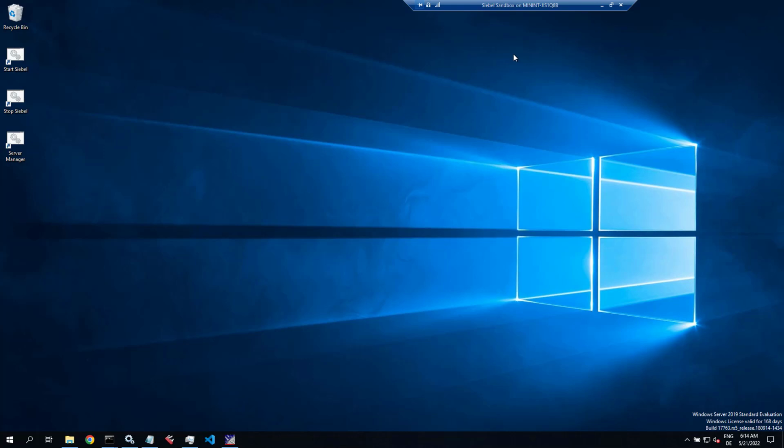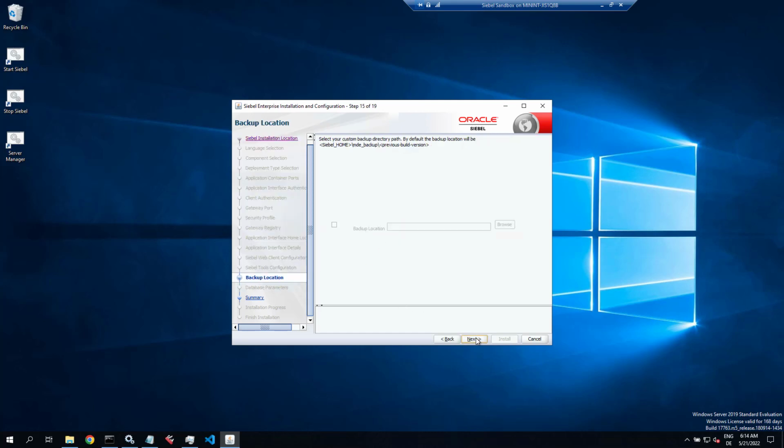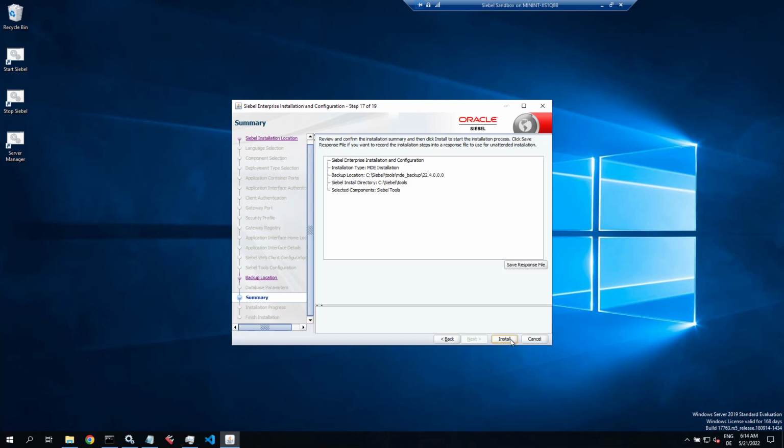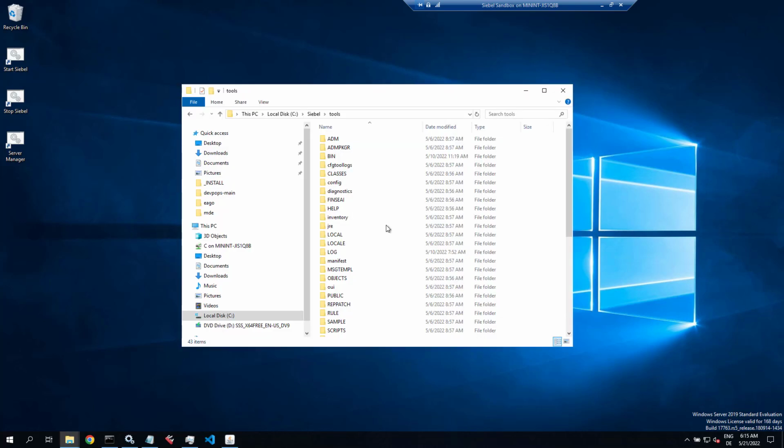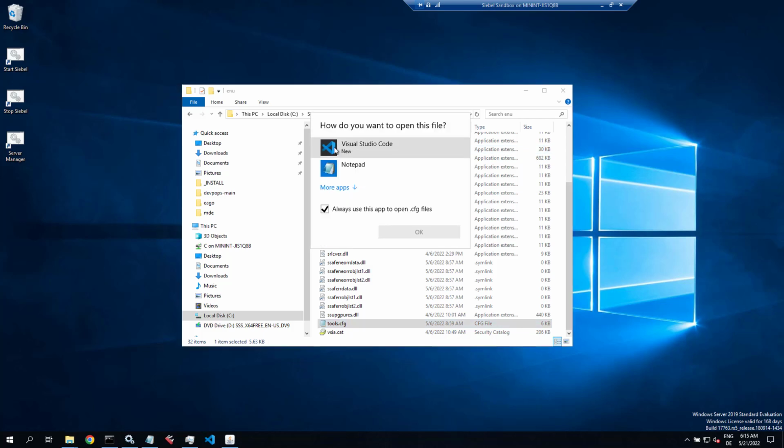Again, you start the setup batch file as administrator from the installer. And then we go about and update Siebel Tools, select the home. And there's not much to do here other than click Next and install and wait a few minutes until it's complete. And while it runs, let's check out the tools CFG file in bin ENU,